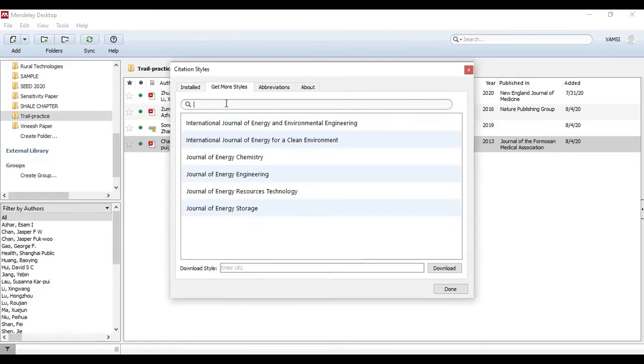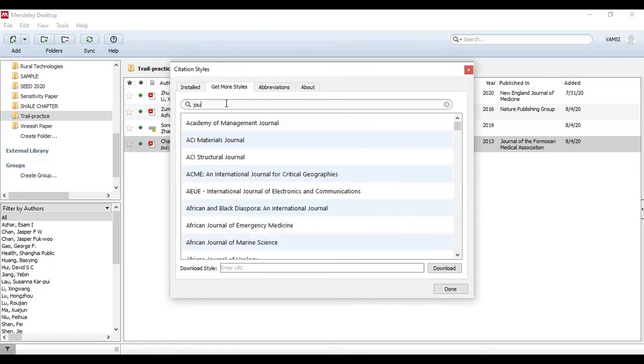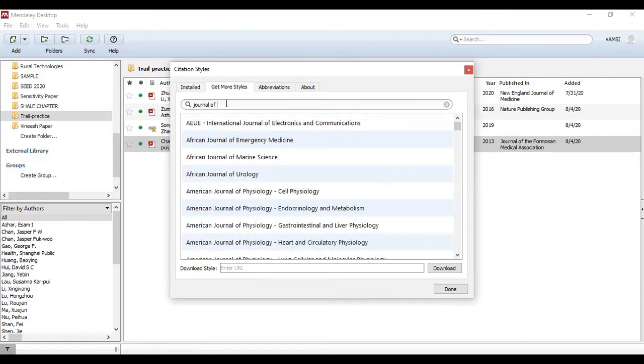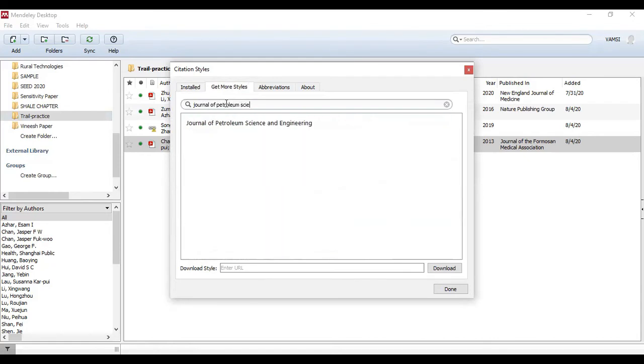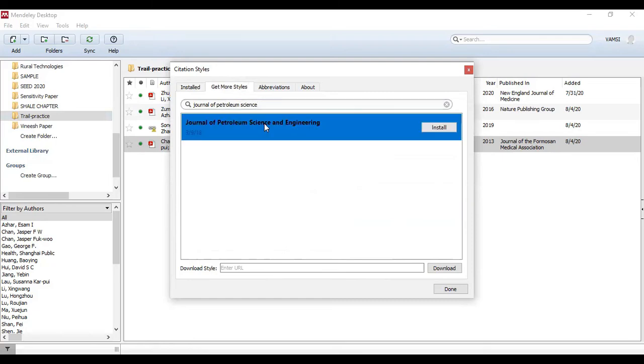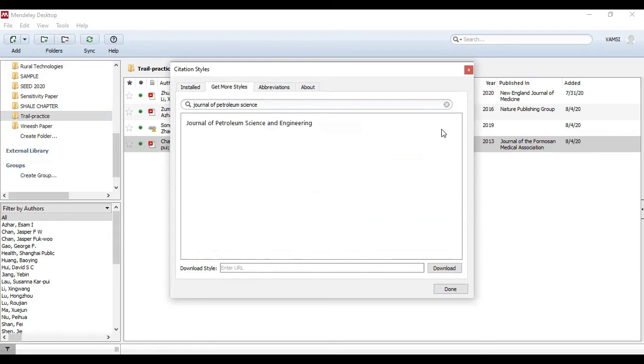Then you search for any journal. I'm searching here for Journal of Petroleum Science and Engineering. Once you select that journal, click on install. It says installed here.